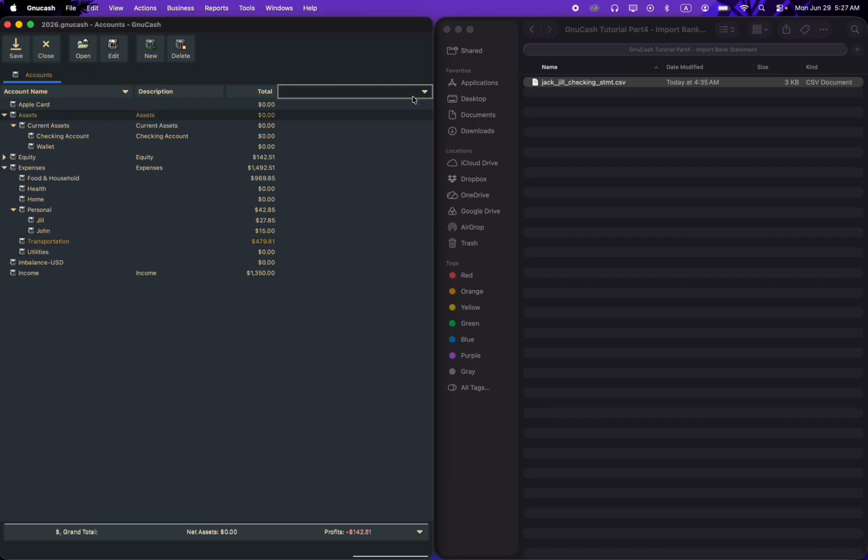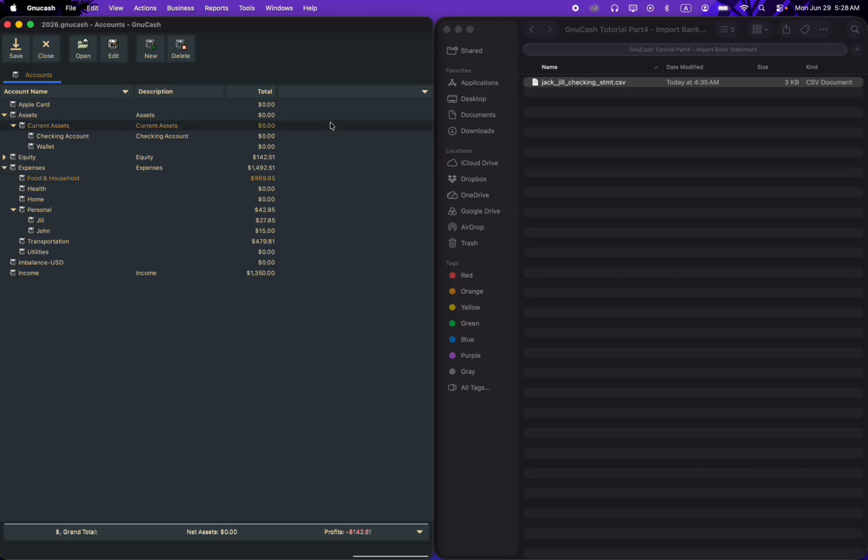The important thing here to understand is this number will always go up. It's just the total of the account. So for a checking account, it makes sense because it will go up and down when you spend the money and will go up when you earn the money. Income will always go up because you are earning the money from the income accounts and they are transferred to the checking accounts or whatever. Now for the expense account, it doesn't make too much sense to see the total number you've spent on the